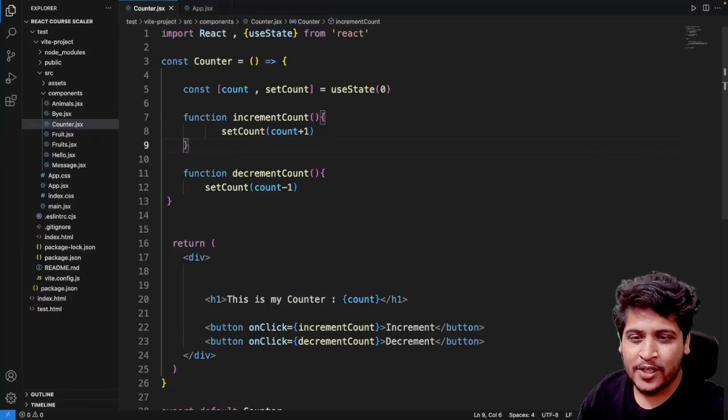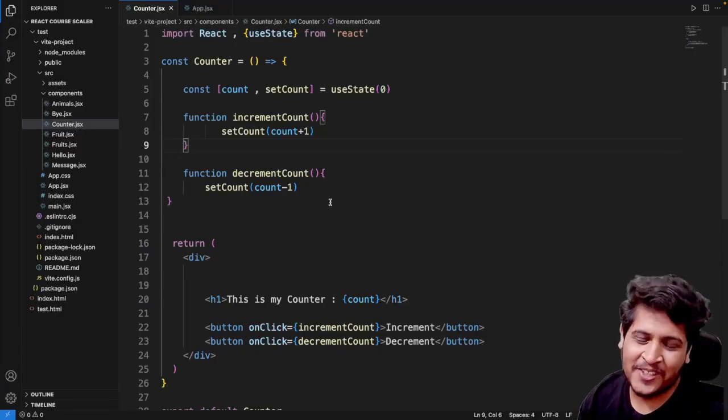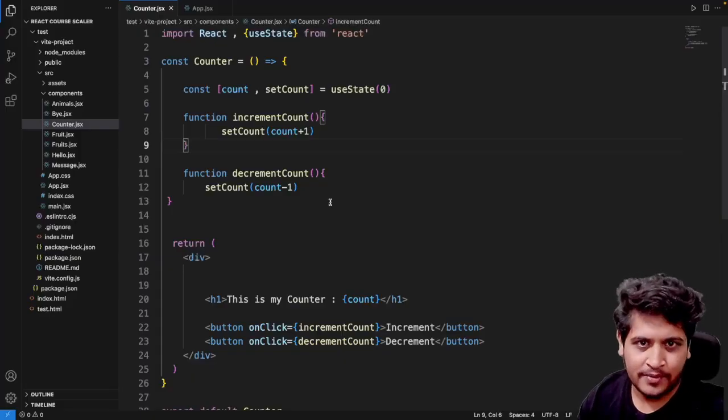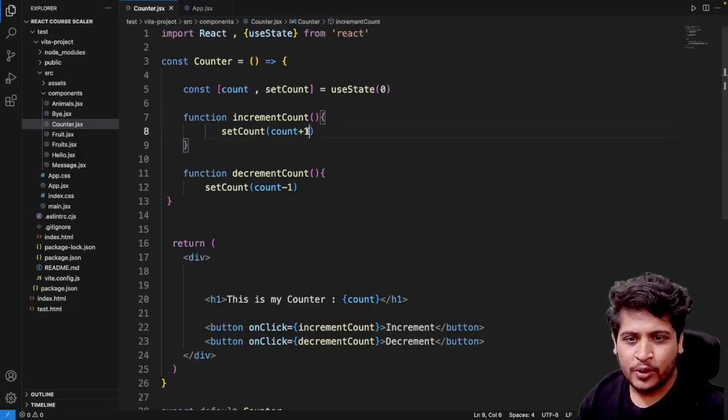Alright, so now that we have already talked about how to handle state in React, what state is and how it works, let's see how you can handle multiple states in one single component. So let's take this counter a little forward. What I'm going to do over here is set a factor for this counter. So basically, if I set my factor to 4,